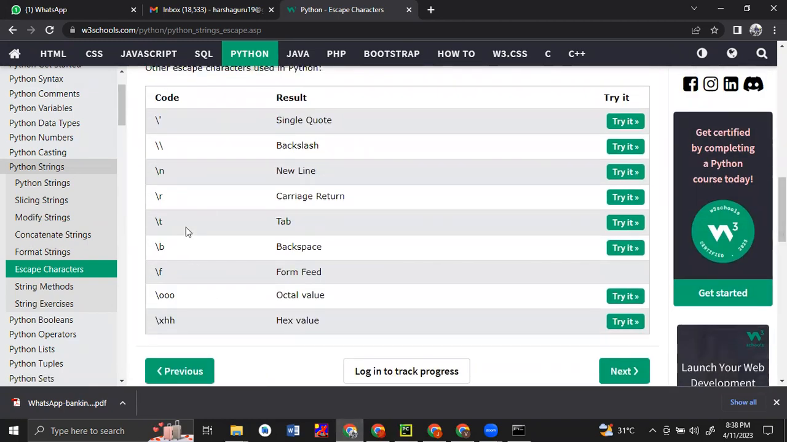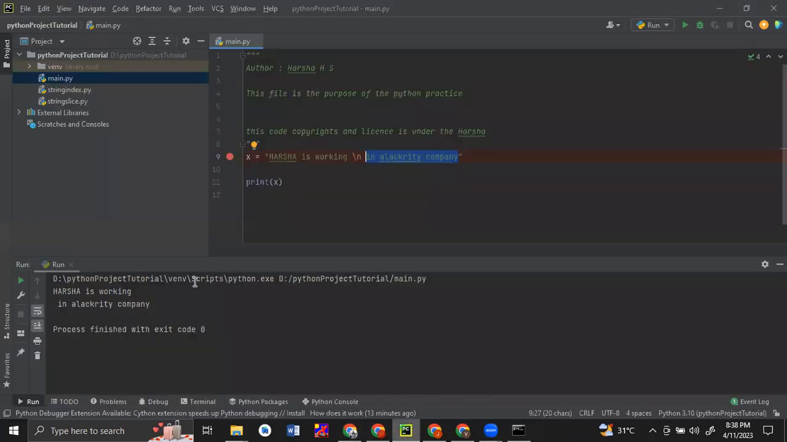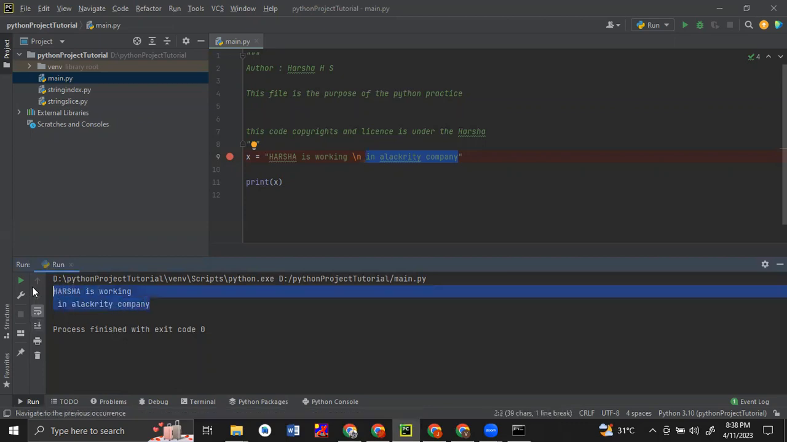In the same way, slash t for tab. We mostly use slash t and slash backspace. Slash backspace will come back one space. This is just for strings and printing the output in the console. So when we are printing the output or doing any string operations, at that time we can use the sequences. For example, if I want to give one tab space,